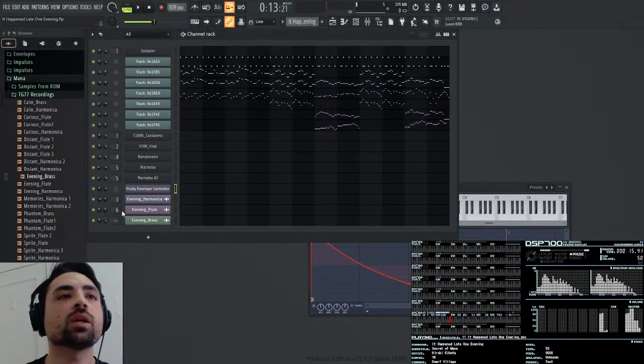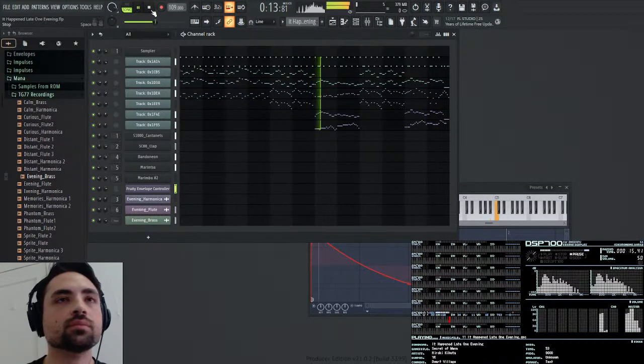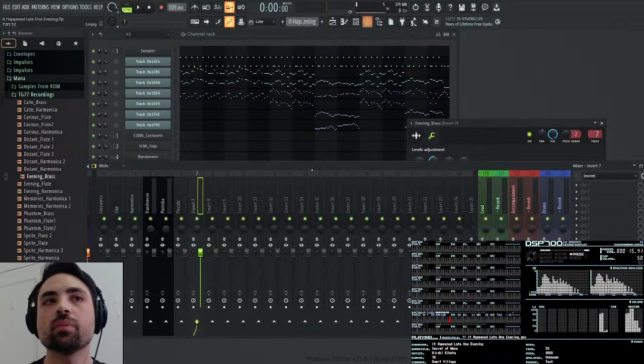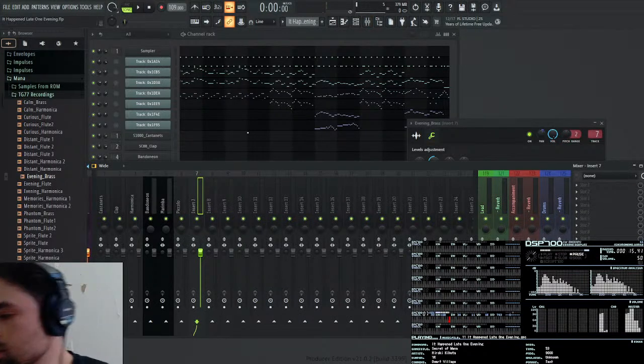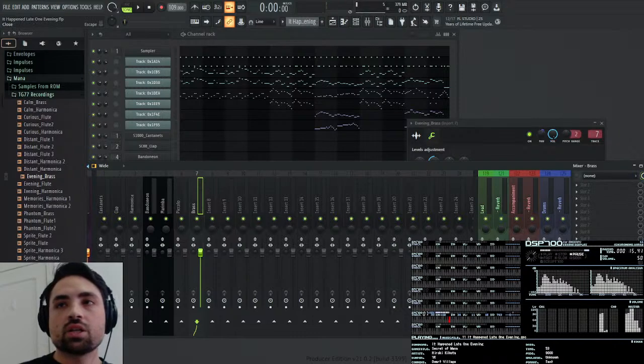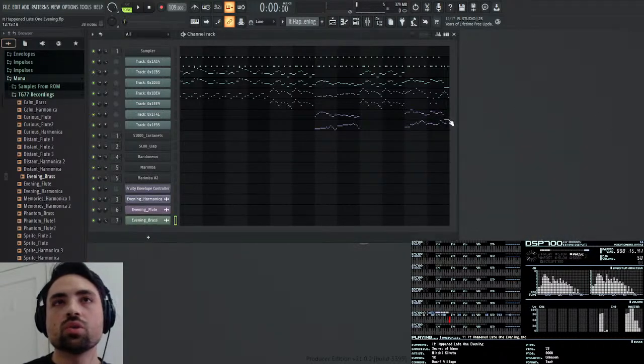I'm going to copy this volume knob, it's 16% right, so I'm going to copy it and paste it to the brass, and then that'll be that. Now I just have to give it a mixer track. I'm going to send it to 7, which is the first free, and then I'm going to name this brass. So now that's our entire song, really. Now we just need to mix it.